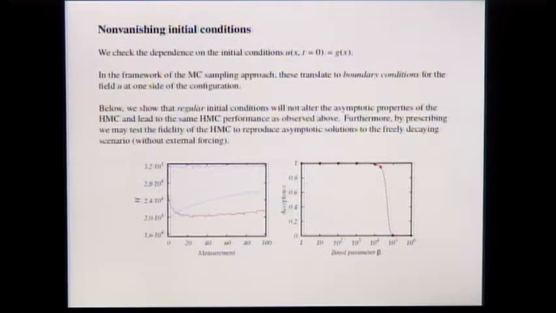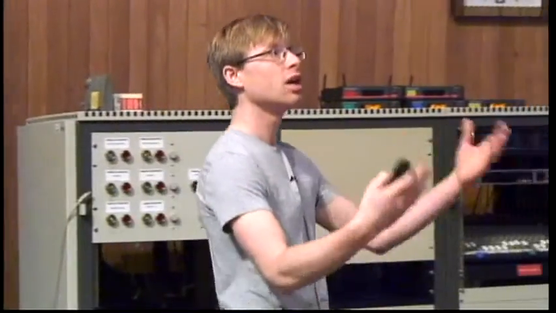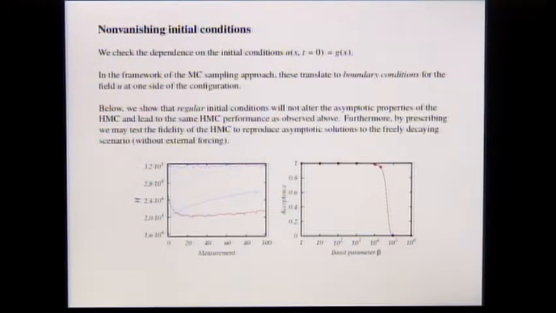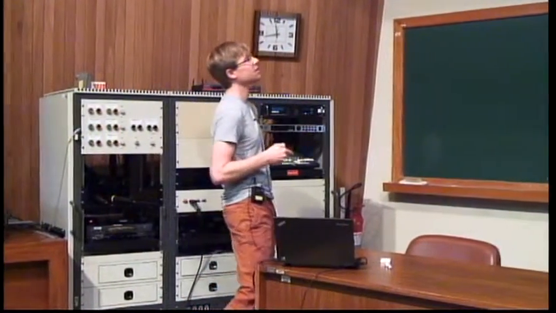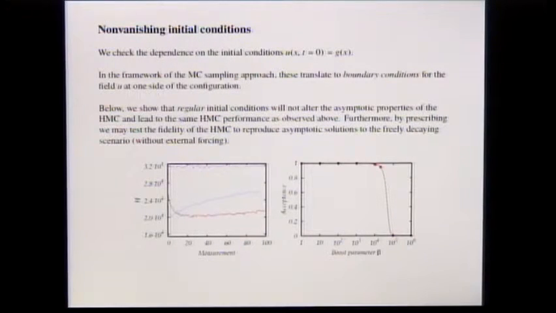Another check you should always do, very much like in equilibrium Monte Carlo situations where you might start from different ensembles. Here, this role is played by the initial conditions that we use for a space-time history. So remember, we're sampling space-time histories of the velocity field. So a configuration which is two-dimensional, and at each Monte Carlo time step, we will get a new suggested space-time history. And for each of these space-time histories, we have to specify what happens at the first time slice. This is what we mean by initial conditions. So if we use a sinusoidal initial condition, for instance, we will see that the algorithm shows the same behavior as before.